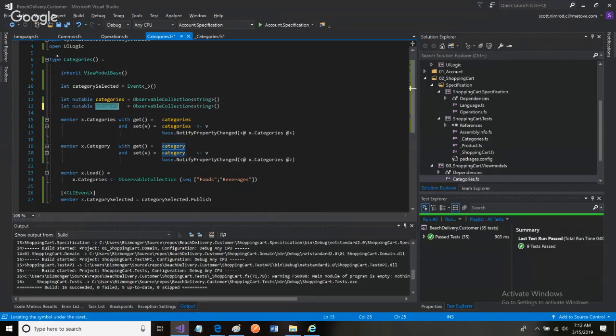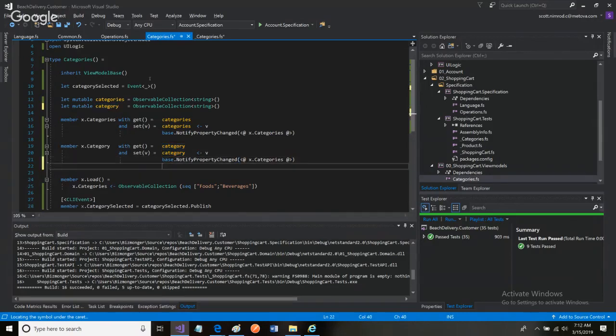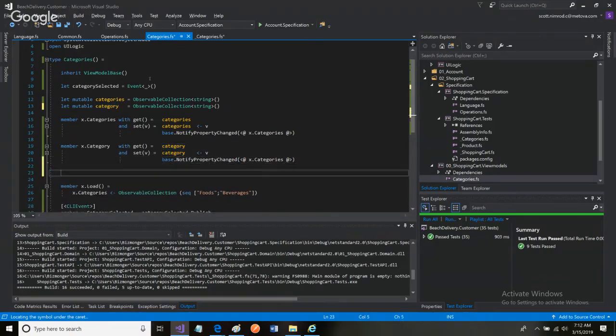Category over here needs to get triggered. In order for that to get triggered, there needs to be a command that gets exposed. So member, and then this would be a x dot view, which is,